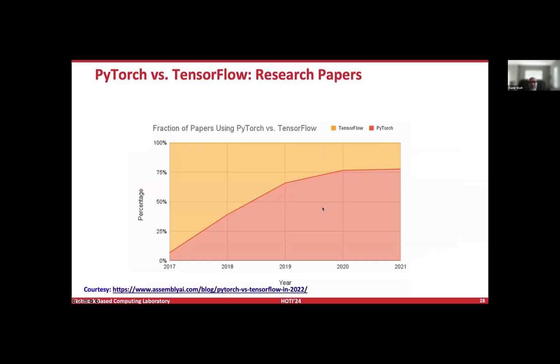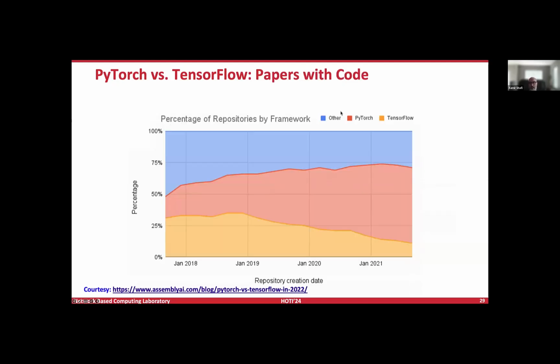Similarly, a lot of research papers come out where people do experiments using PyTorch versus TensorFlow. We have seen that PyTorch adoption grew from just 7% to 80% in 2021. Similarly, there is a website called Papers with Code that keeps track of emerging research that is equipped with source code as well. There, around 2022, almost 60% of the repositories are PyTorch based and only 11% are TensorFlow.